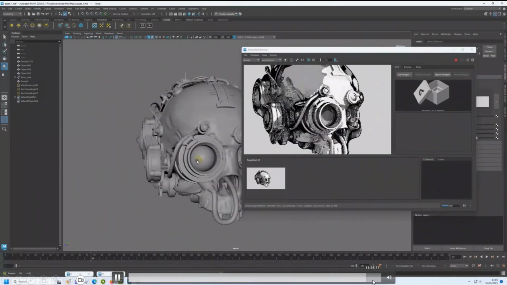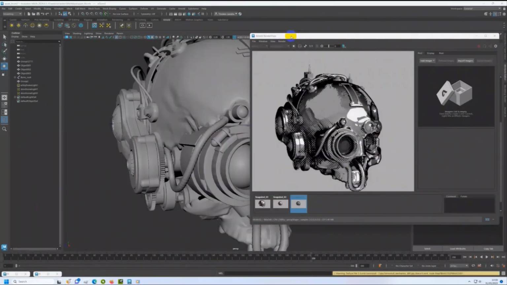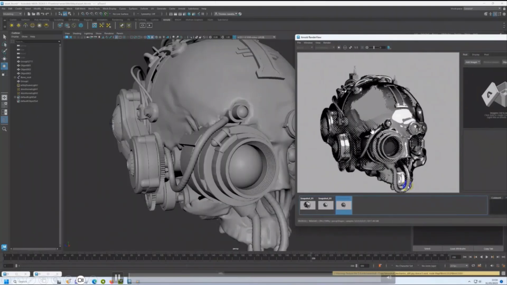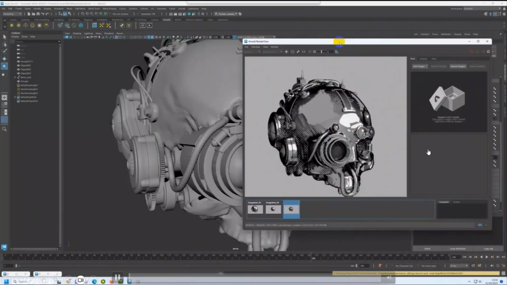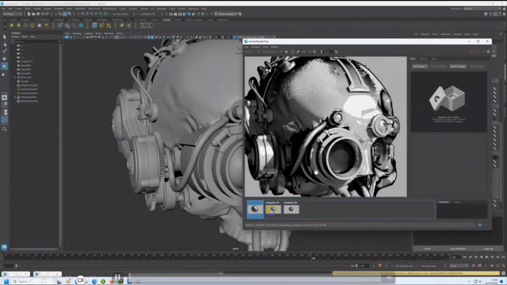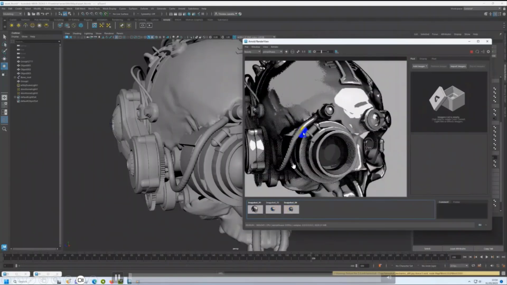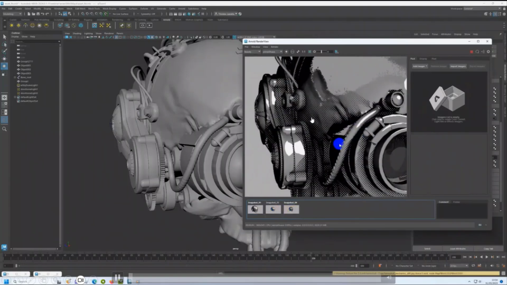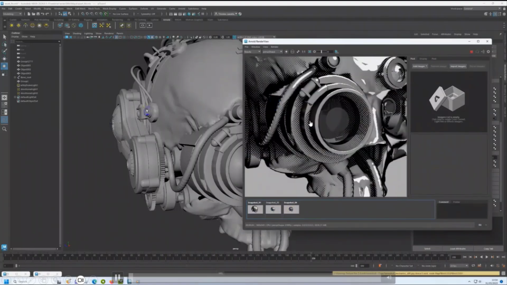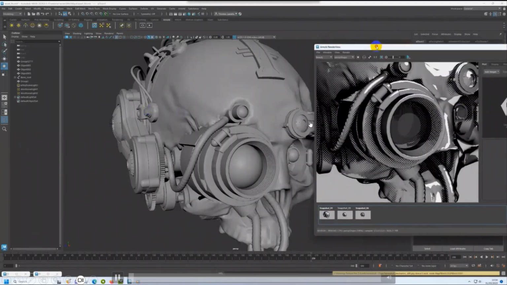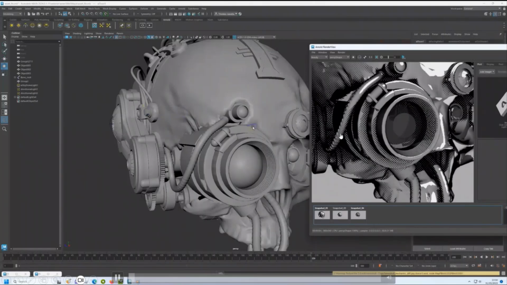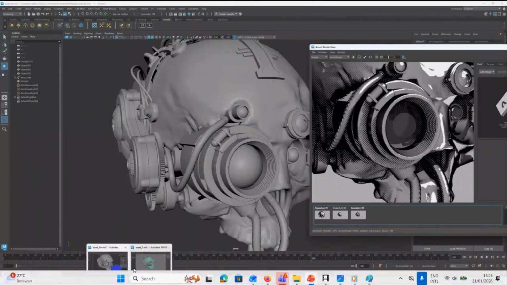Okay, I move again till I got this. I want something like this to create a comic look. This is an example using the Arnold shader OSL inside Maya.